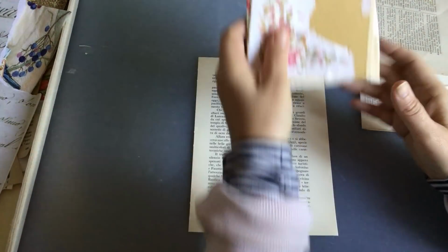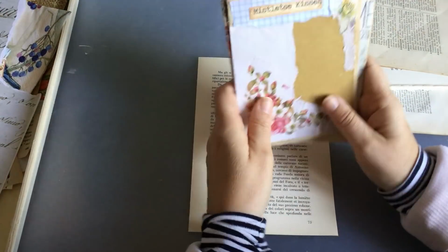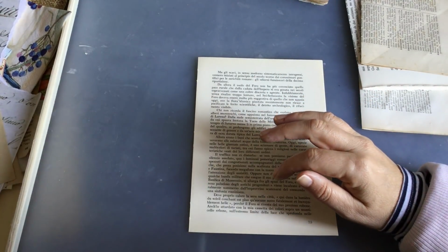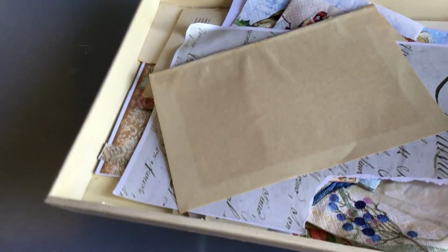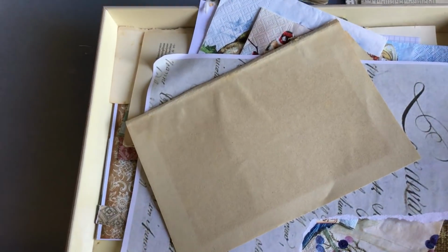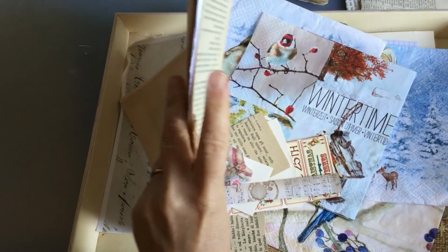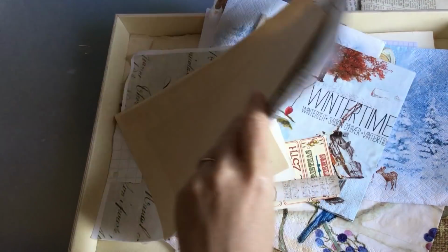So I'm doing a bit more Christmas, but I also want to do these not Christmas, but I don't know what I'll do in this video. We'll just decide as I go. And then yesterday I got in such a mess again. So I found I had this wooden tray. I think my mother-in-law bought them. She wanted me to paint them because I used to paint trays when that was the first sort of creative thing I did when I lived in Australia, but I put all my scraps in here,